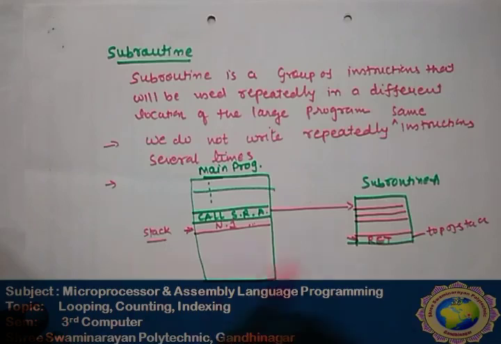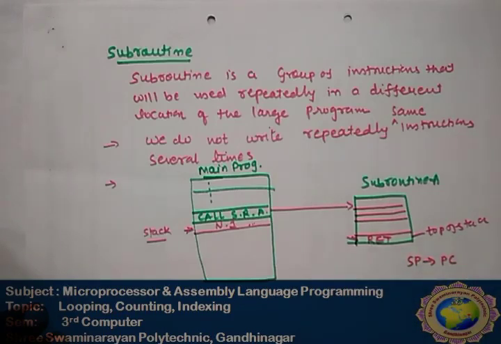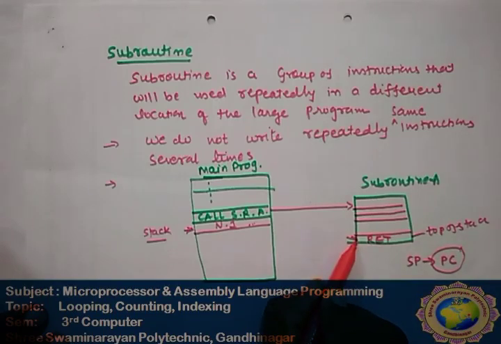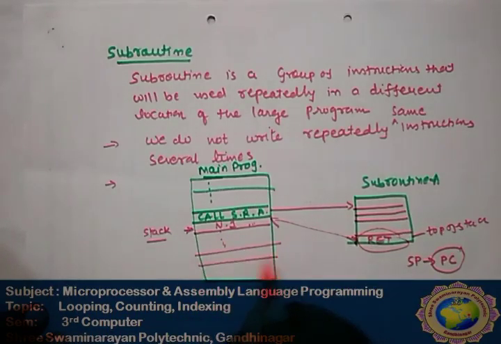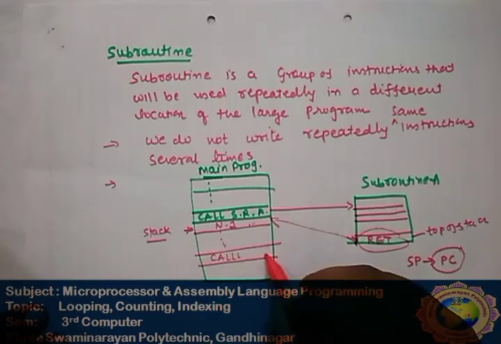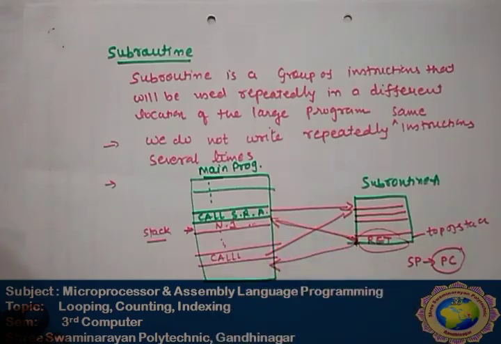Okay, whenever the return instruction is executed, it fetches the data from the stack pointer and it comes to the program counter. So from the program counter, this return instruction has come to know that after the completion of the subroutine, it has to return to this. Okay, so that's why this return instruction is required. Again here call A, then again it comes here. After the completion of the return, it comes here. Okay, so this is the main task of the subroutine.